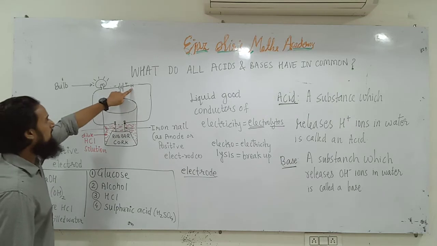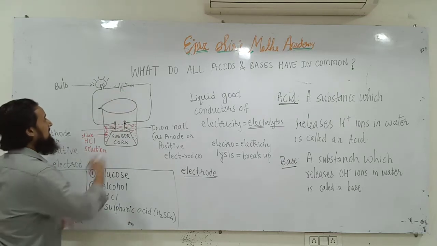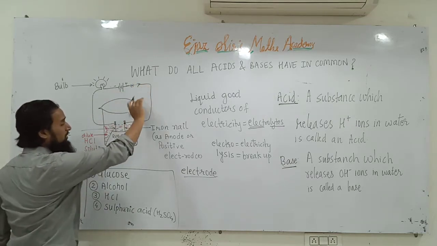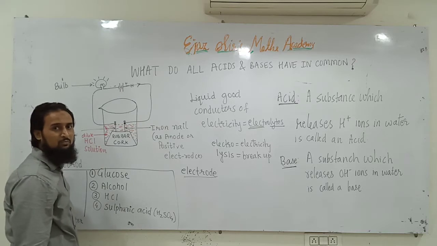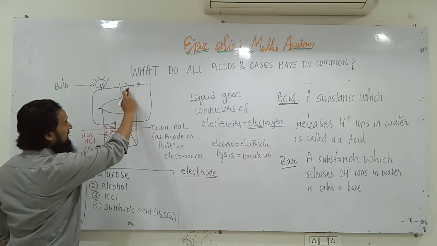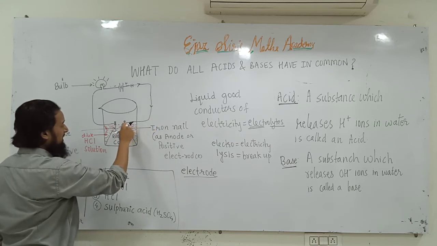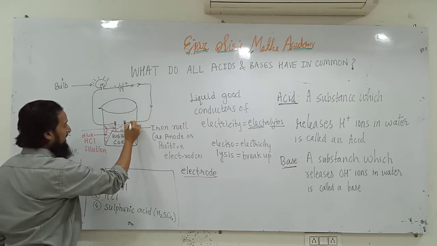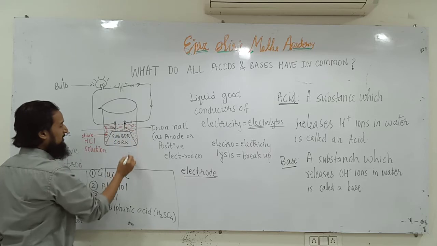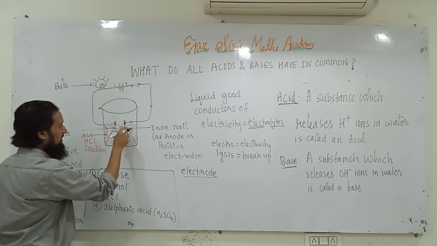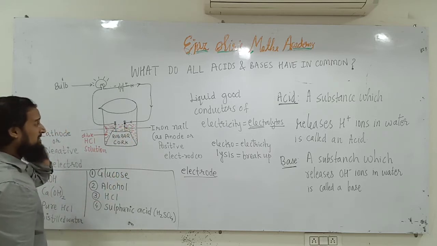We will switch on. As soon as we switch on, the conventional electric current, we have already studied in the electricity chapter number 12, will flow from the positive terminal to the negative terminal. This electric current will come into the iron nail. Since it is an iron nail, it is a good conductor of electricity. Current will come here. Now, what is electric current?